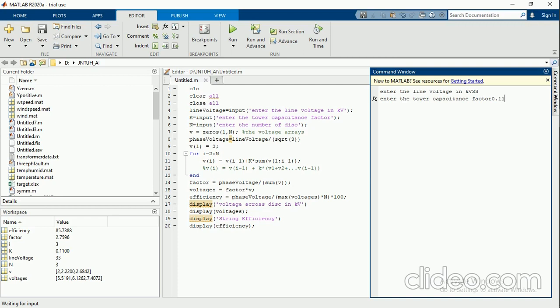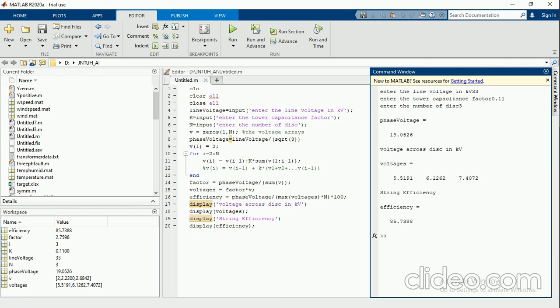Because I already know these values, I'm giving the same values again for my calculation. Whatever values I got before, I'm getting the same values. So there is no issue which value you consider, or if you initially convert this line voltage into phase voltages, there is no issue at all. So please go through it.